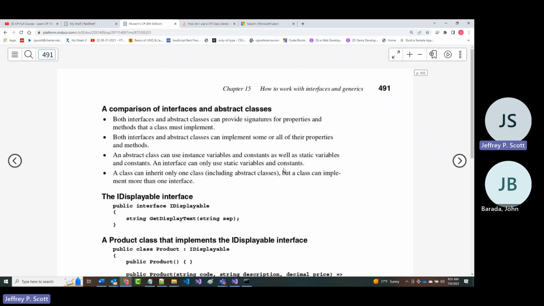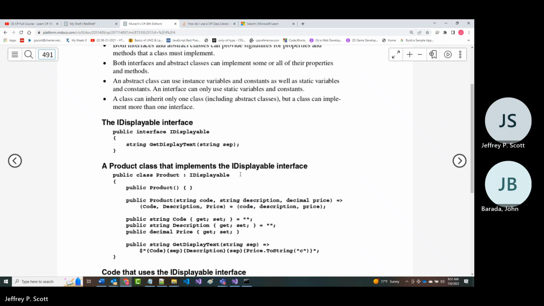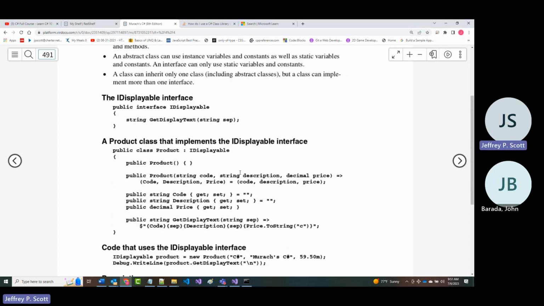Finally, a class can inherit only one class, but can implement 0, 1, or more interfaces. Now, interfaces typically begin with an uppercase I. So what I'm telling you is you should never create a class that begins with an uppercase I because it's typically assumed that will be an interface.